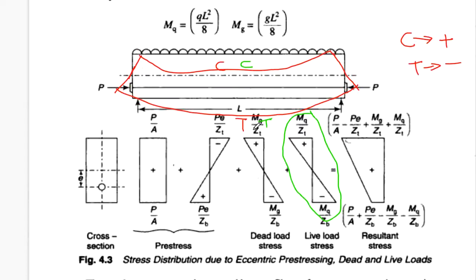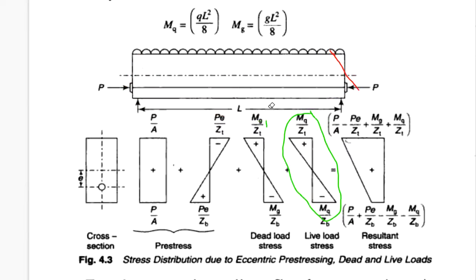Similarly, this particular color shows due to dead load. So this is going to happen with pre-stressed concrete. And similarly, if I want to calculate the combined effect, I have to calculate it by the principle of superposition. So I am going to use the principle of superposition to calculate the combined effect. So you can see over here I am going to combine all these four influencing parameters. This parameter is due to applied load, this parameter is due to eccentricity, this parameter is due to dead load, and this parameter is due to live load.